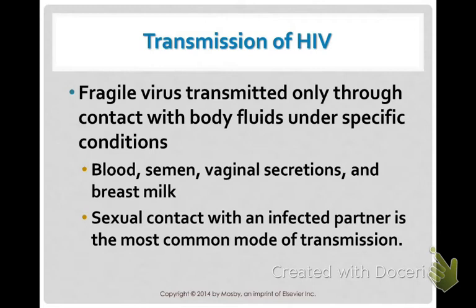So HIV is a fragile virus. It's transmitted only through contact with bodily fluids and only under specific conditions. Blood, semen, vaginal secretions, and breast milk are the main culprits. Sexual contact with an infected partner is the most common. You're going to see people contracted through